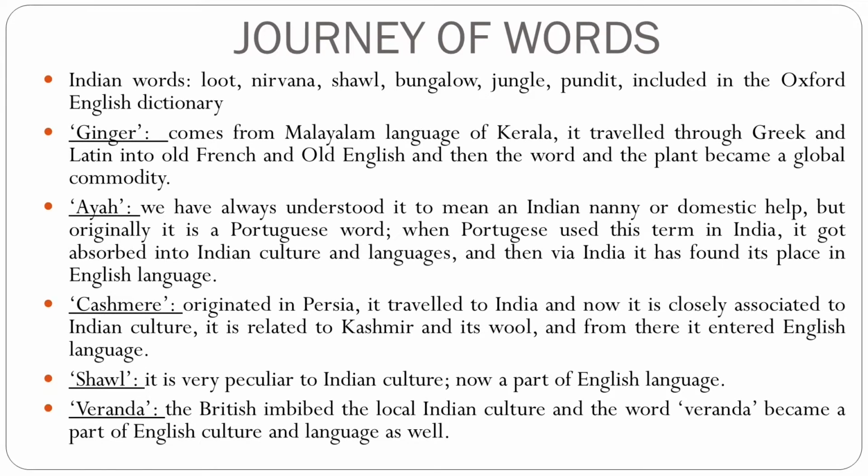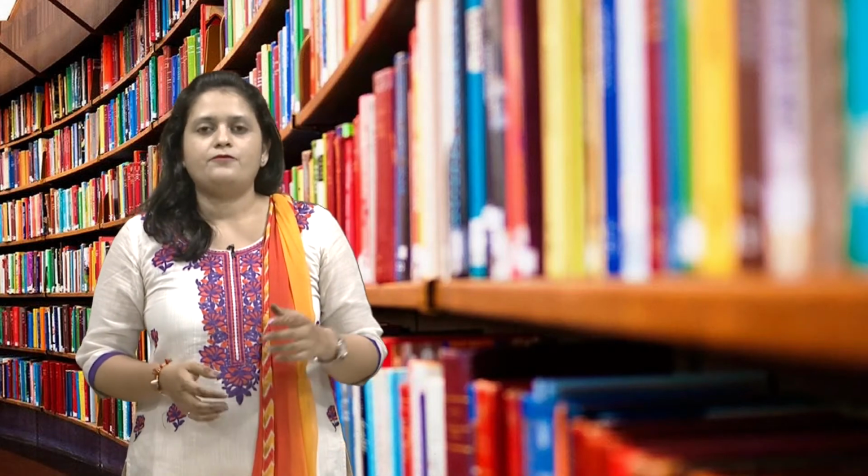Students, it is commonly known that English language flowered during the British rule in India, that is, when the British invaded India and India became a colony of the British. That was when English language got influenced by the Indian culture. So there were two factors happening at the same time. For example, certain native and typically Indian words became a part of everyday English. The words you might commonly know now are from Indian origin, words like loot, nirvana, shawl, bungalow,